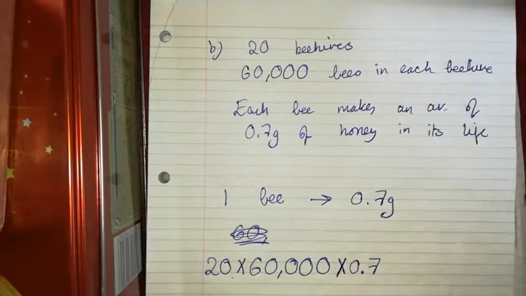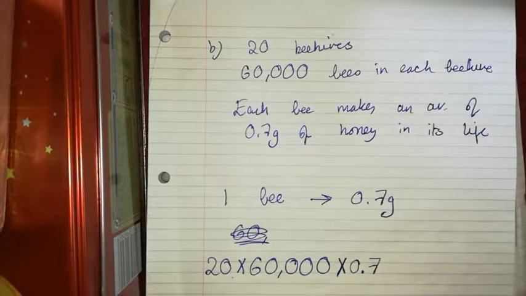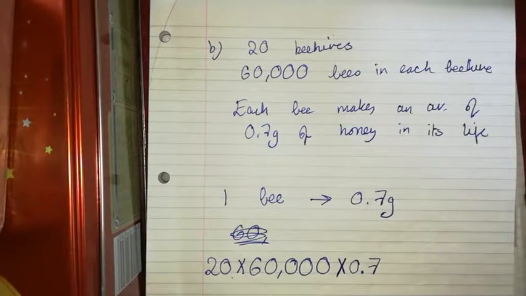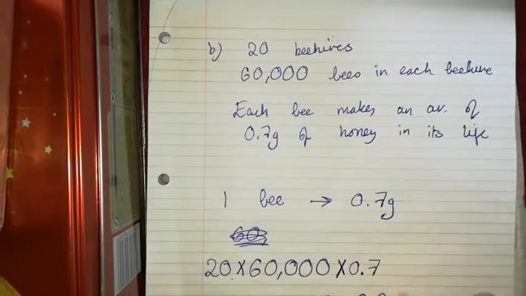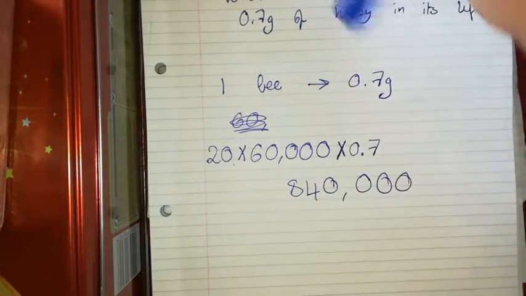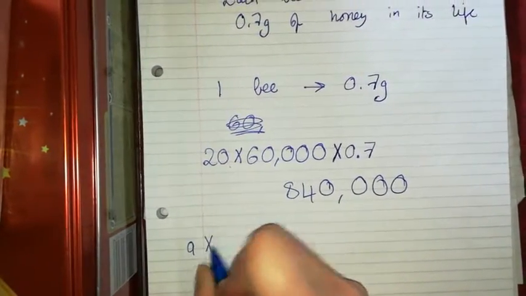So 20 by 60,000 by 0.7, and I get 840,000. So they want me to write my answer in the form a by 10 to the power of n,